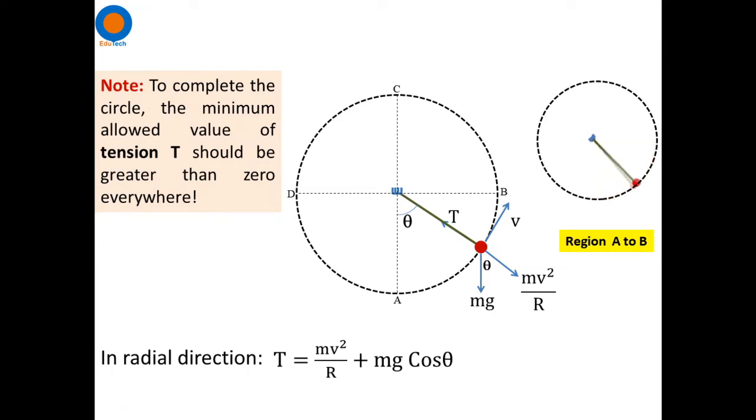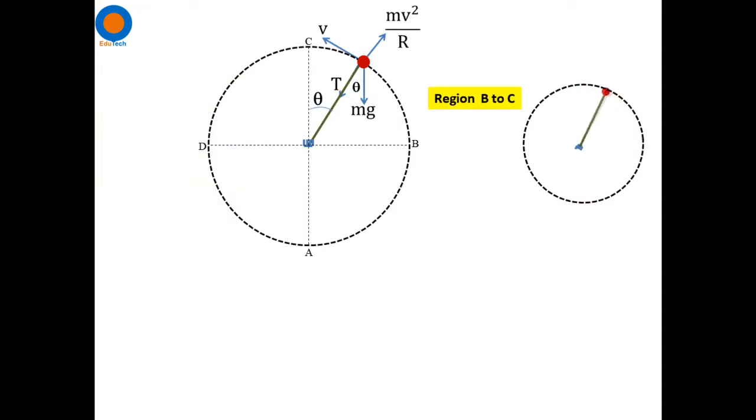Now we will see the particle motion in the B to C region. See here again, the motion is being shown here. If it is going from B to C... actually it is not going from B to C, it has started from A itself, but in this region B to C, what are the forces acting on it? How to write it? Again, tension T is being balanced by mv square by r